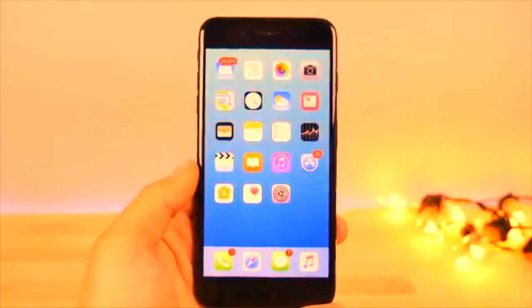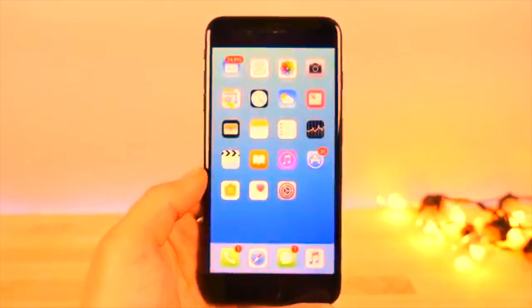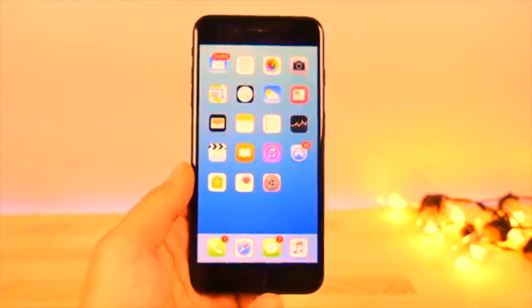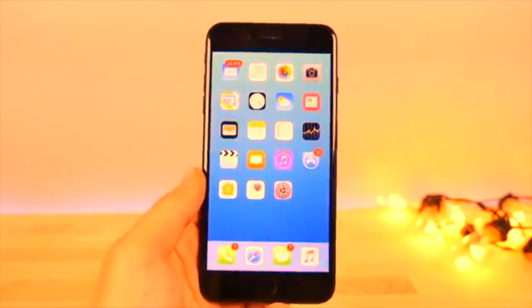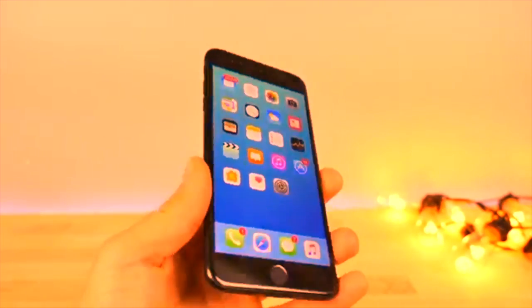And guys, there it is. Those are 10 hacks and tricks for iOS 10 that I think are really, really cool and could enhance your device, even make the functionality better. So I hope you enjoyed this video. Be sure to check out part 1 and part 2. There's still some in those that do work on the latest iOS 10 firmware. Anyways, hope you